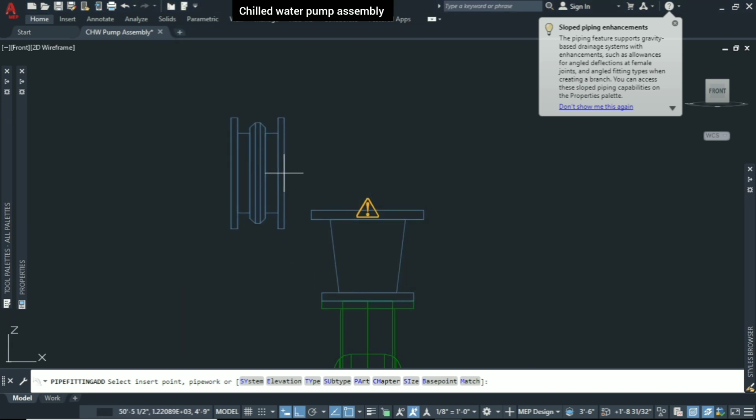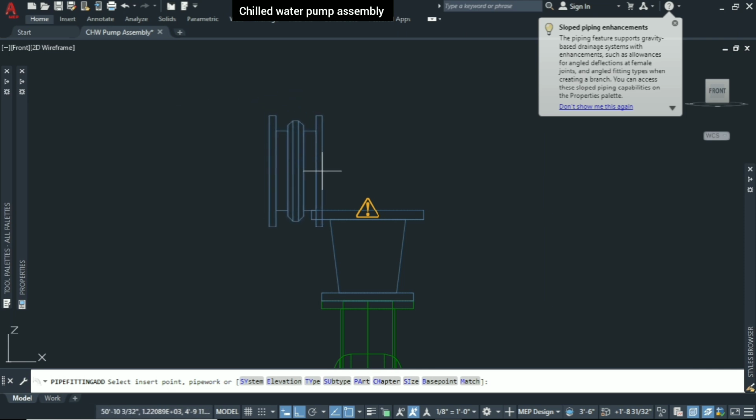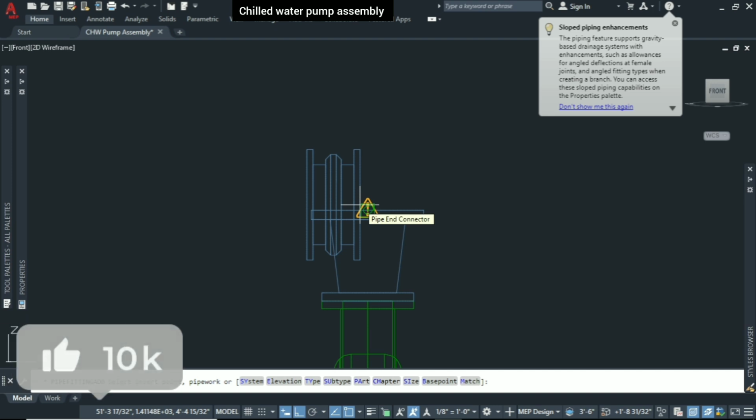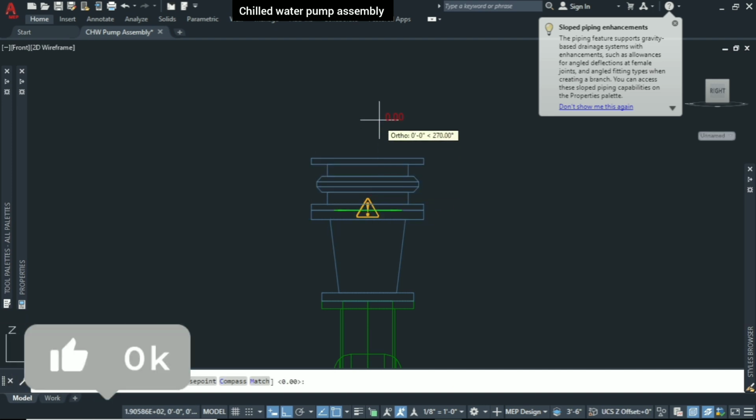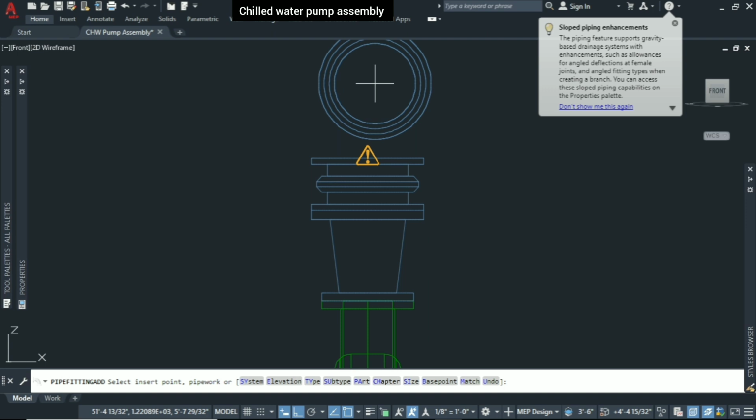Click OK, and then on the drawing area, just you have to bring your cursor just near this point, and you can see it's changing the color, and it's showing the connecting point over here. You have to just bring over here, and once it's showing the green color, the connecting color, you have to just click over here, give the direction, and place your rubber bellow.